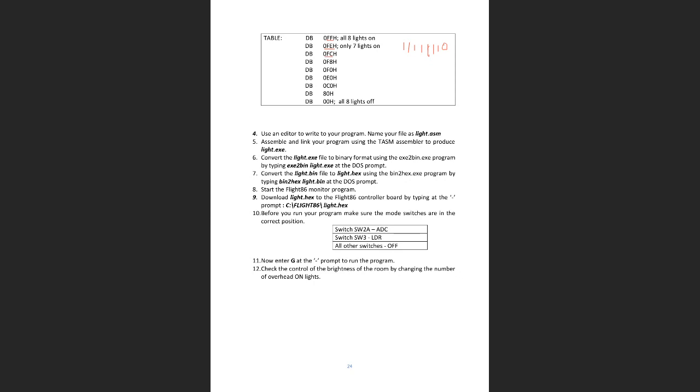I mean, 2 off, it becomes FC, or 3 off, it becomes F8, or 4 off, it becomes F0, or E0, C0, like that, or all LEDs. So look at here, what are the conditions, how many situations we have? 1, 2, 3, 4, 5, 6, 7, 8, 9 cases we have, right? 9 cases we have. So we have to adjust